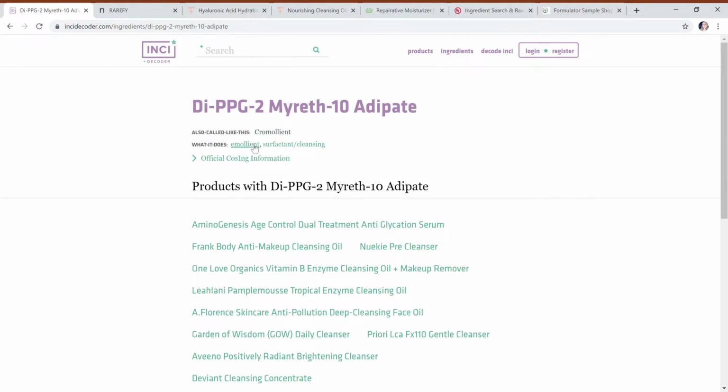And it says it's an emollient and it's a surfactant in cleansing. So a surfactant, emulsifiers are a surfactant, and what they do is they bind oils and water together. And then this says it's also called Chromollient. So that is the trade name for this emulsifier. Then we see here below that there's other products here, and a lot of them are cleansing oils or cleansers